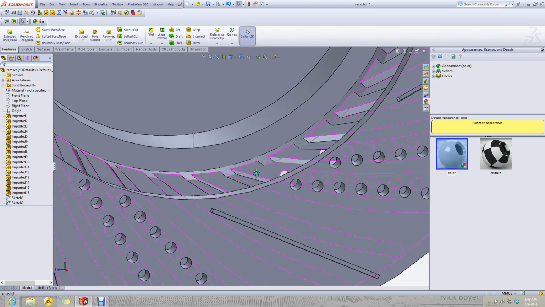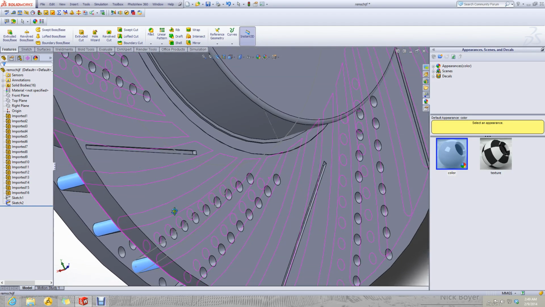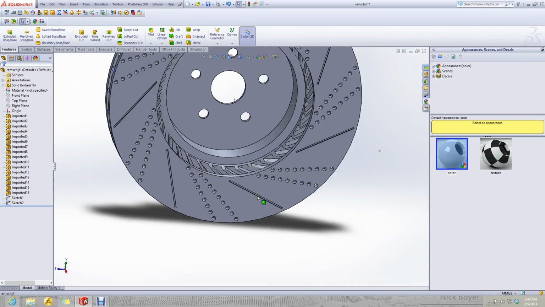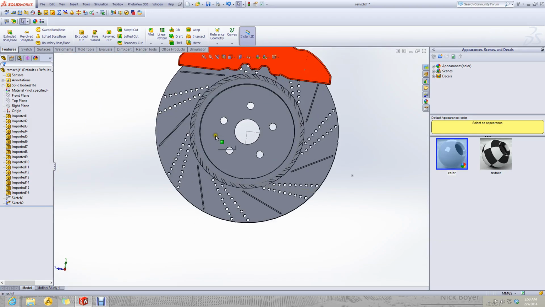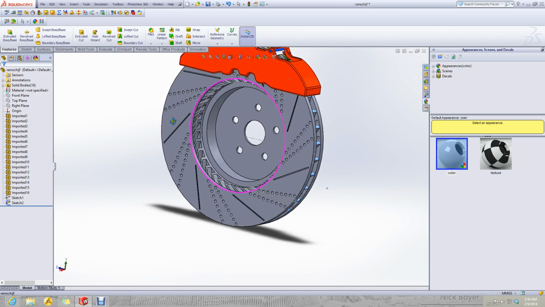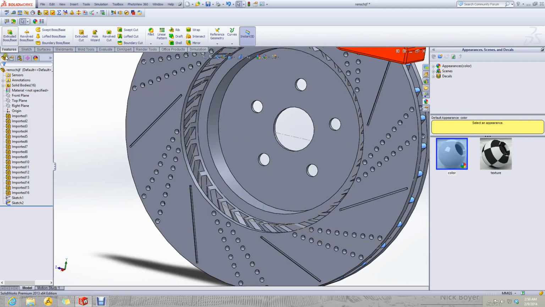Oh, so the cut of the disc on the other side is greater.